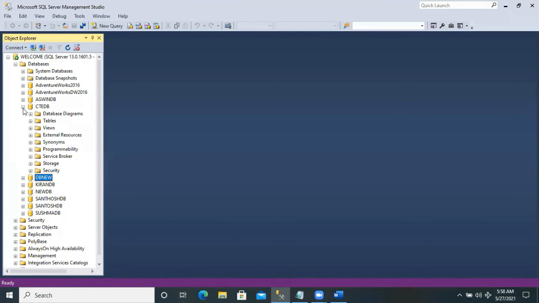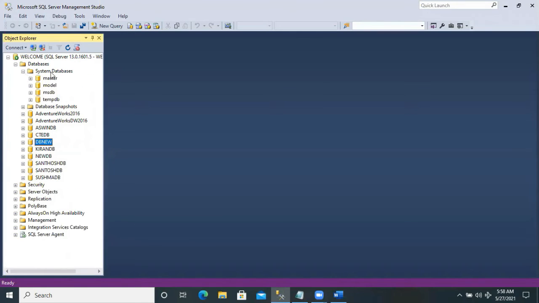System databases get loaded automatically when we install the SQL Server into a machine. System databases are master, model, MSDB, and TempDB. The master database helps in creating the logins and working with all the server level settings. The model database helps in working on the templates. Once we create a new database, the model database will get filled automatically. The MSDB database helps in working on the automation jobs like backup, restores, maintenance plans. The TempDB database helps in working on the temporary databases.